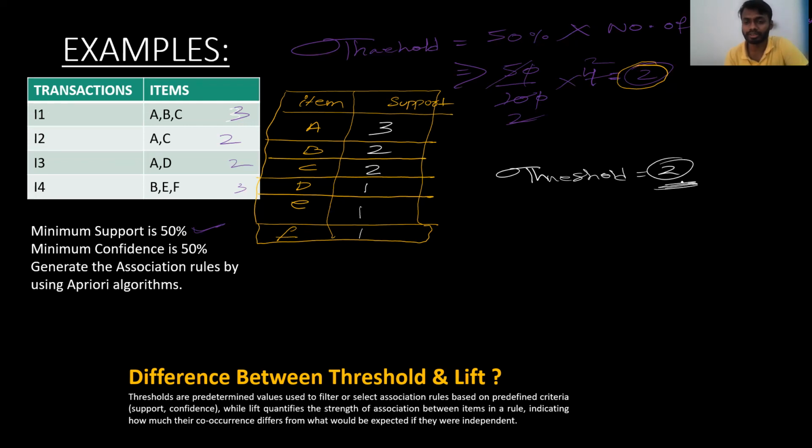So which one is less than 2? Let us see. Here this one is less than 2. This one is less than 2. This one is less than 2. So you can go for equal to 2 or more than, which is nothing but at least 2. At least 2 means either 2 or more than 2. At most means either 2 or less than 2. Exactly 2 means it will be 2 only.